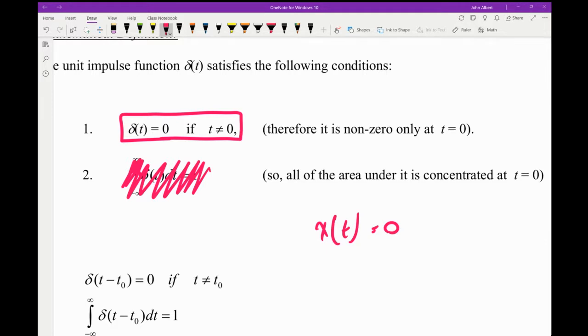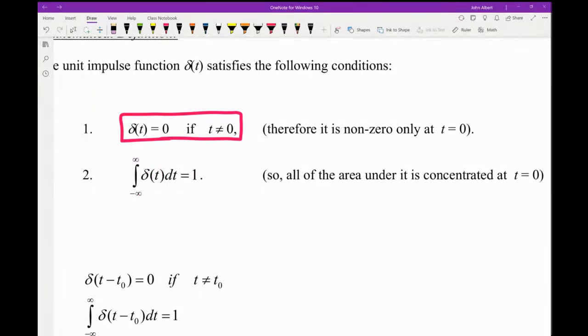Or let me say it this way. Just by saying that the unit impulse function is equal to 0 if t is not equal to 0, I could put any value for the unit impulse function at t equal to 0, where, for example, I could put the value to be equal to 0.3 or 1 or 5. But this is different from the unit impulse function that we are defining. The unit impulse function must have a value at t equal to 0 that is equal to infinity,